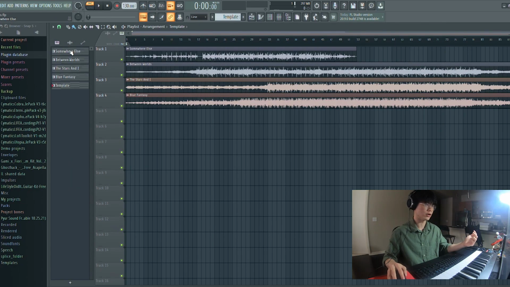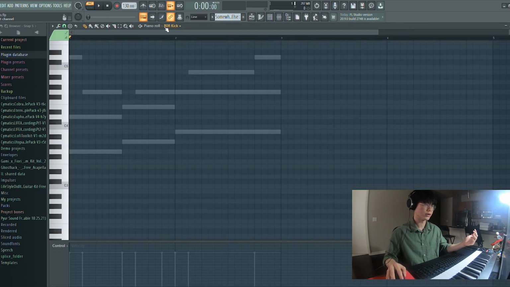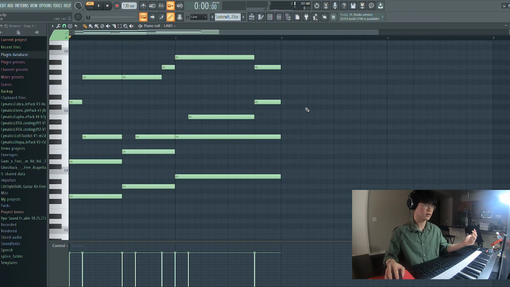So I have here the chords that I used for each of these songs. Obviously it doesn't look exactly like the template I showed you, but if you look at the bottom notes here, and this is for Somewhere Else, you'll notice that the root shape is pretty much the same. It's going up the hill and it doesn't go back down, but the basic shape is there, right? And up here is the melody, but the melody is built on the chord progression, right? So this is what Somewhere Else sounds like.